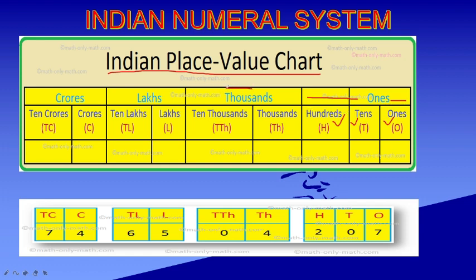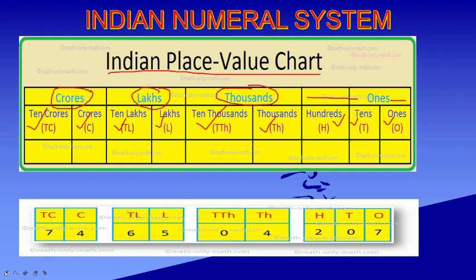Same, the thousand period is divided into two places, 1,000 place and 10,000 place. Same, lakh period is divided into two places. First is 1 lakh place and second is 10 lakh place. And crore period is also divided into two parts. The first is 1 crore place and the second is 10 crore place. Okay,